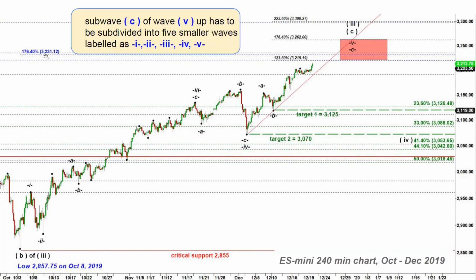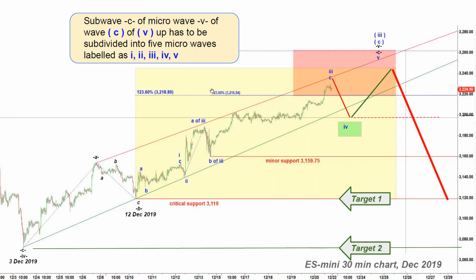That cluster of FIBs, you can see on this chart, one of them 3,231 and another 3,235, may create strong resistance for that rally, which would at least produce a minor pullback in minor wave 4 down. Remember, we need to get that 4 down, which would become our critical support, which we would be watching for violation. That would be our first deep cut of that raging bull. This is where that bull may start bleeding.